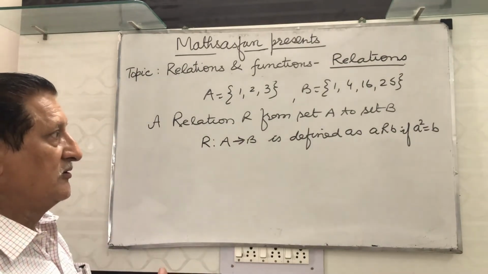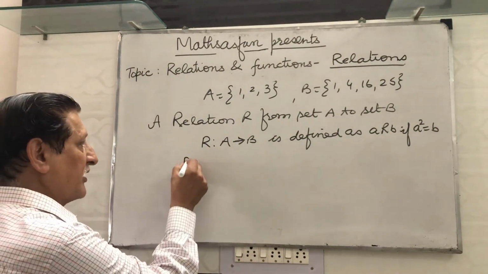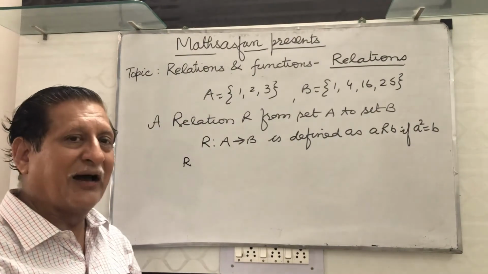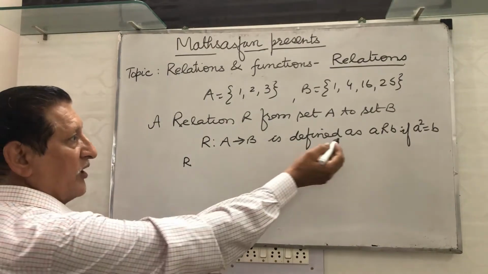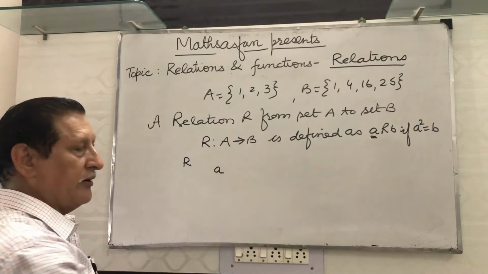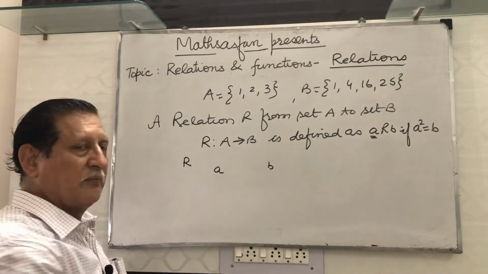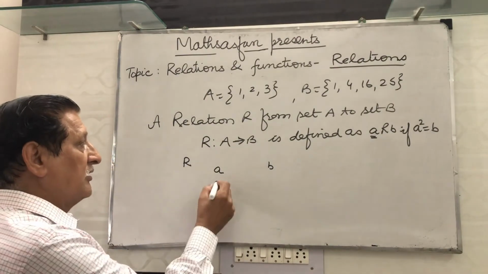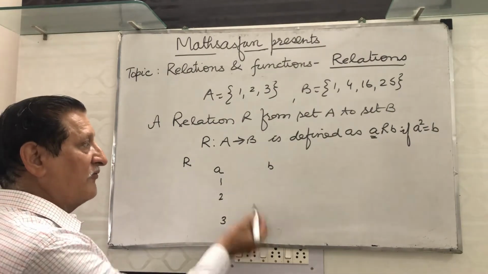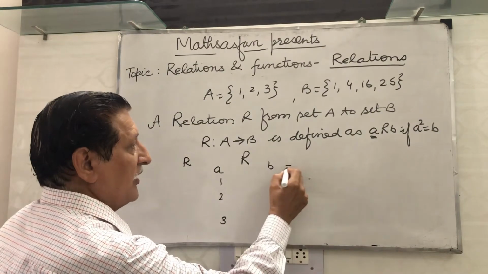Now suppose we want to set up the relation and we want to represent the relation, then we can write relation R. There are 2 or 3 forms of representing this. I will tell you the first one. When we go for element A, that is all the elements of set A, I am writing all A here. B are the elements of set B, so I am taking B here. What are the elements in A? They are 1, 2 and 3. And what is the relation R we are representing? That is B is equal to A square.